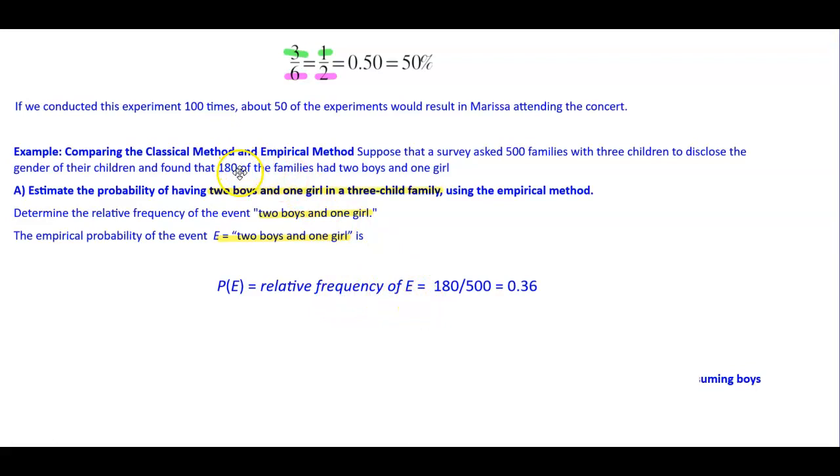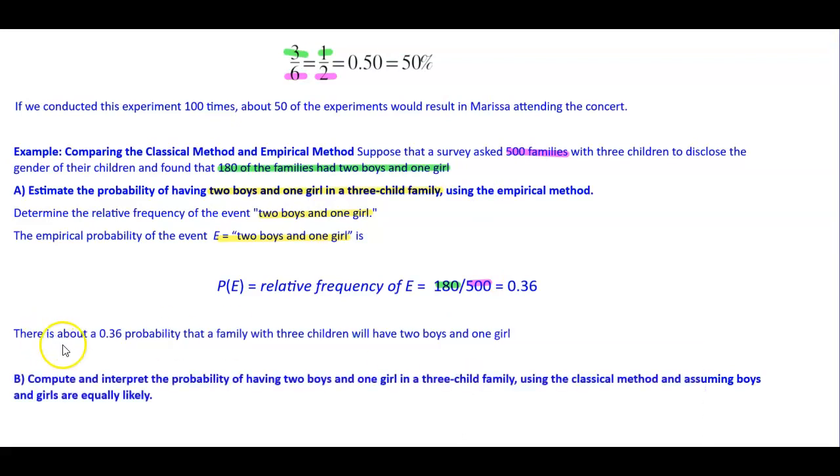Well, we know that 180 of the families had 2 boys and 1 girl. And we're going to divide it by the amount of families that were included, which is 500 families. So we're dividing that by 500, which is going to give us 0.36. So then we would say the following. We would say that there is about 0.36 probability that a family with 3 children will have 2 boys and